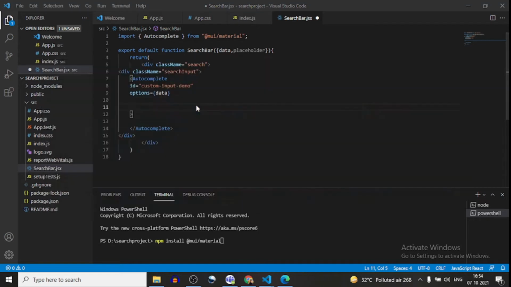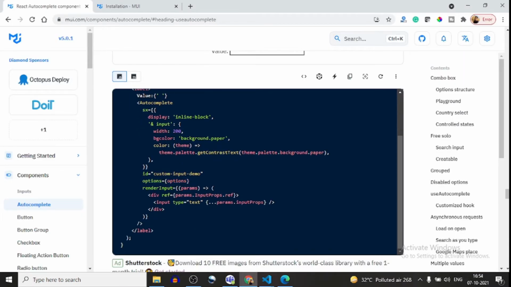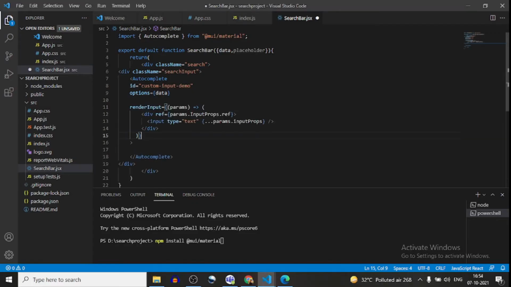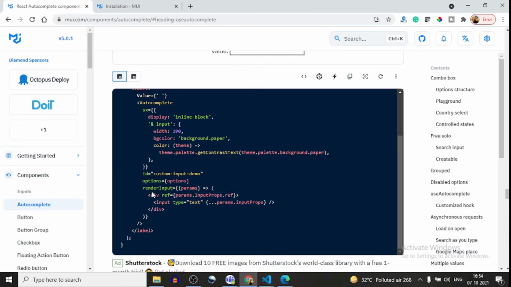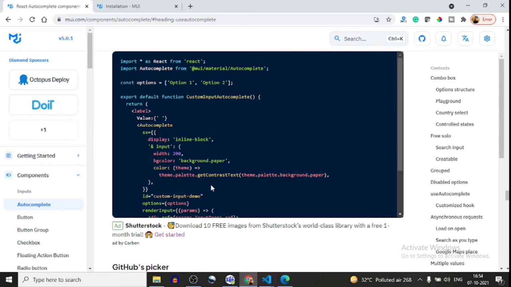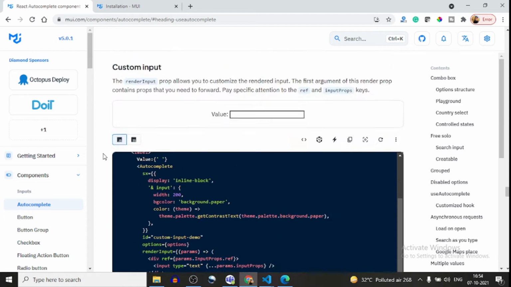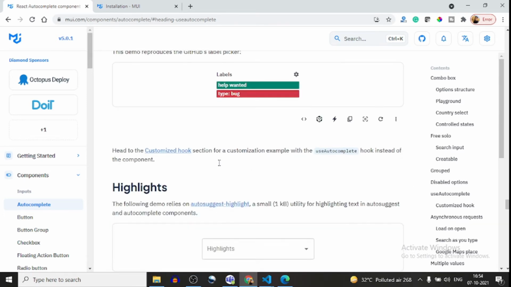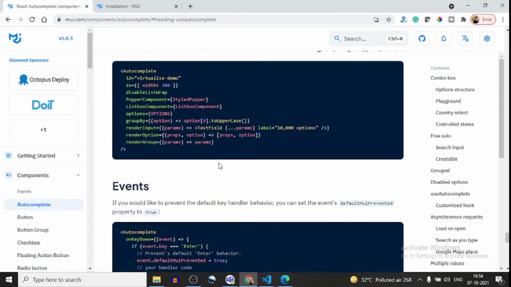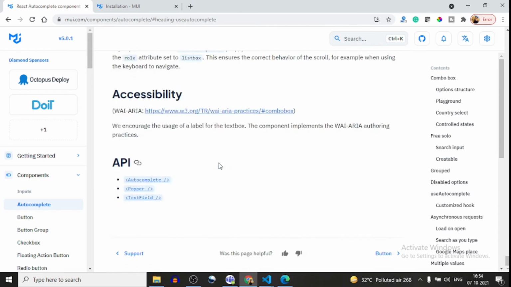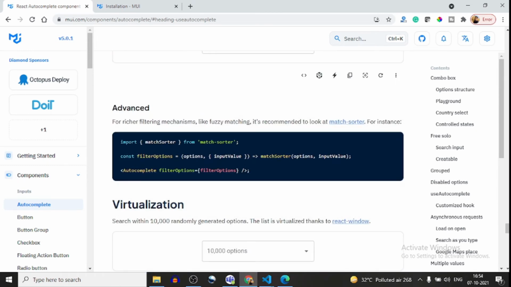Now the third thing I will copy is renderInput. This renderInput has a parameter, params, and one more input I will copy, that is getOptionLabel.